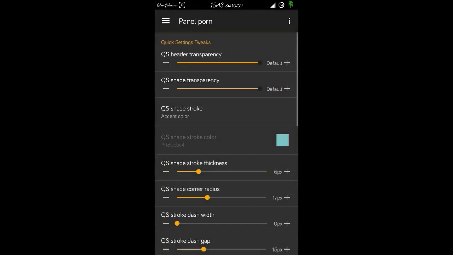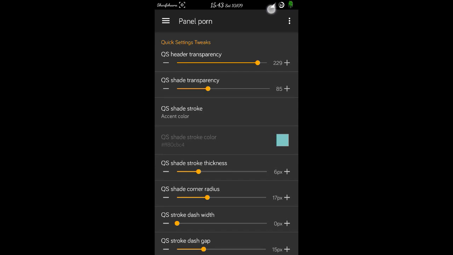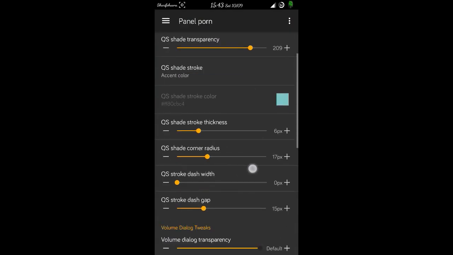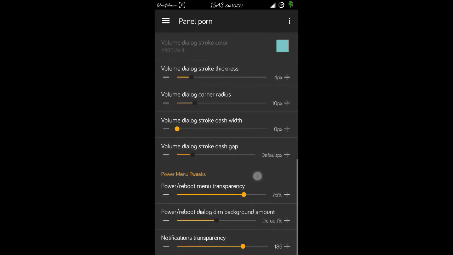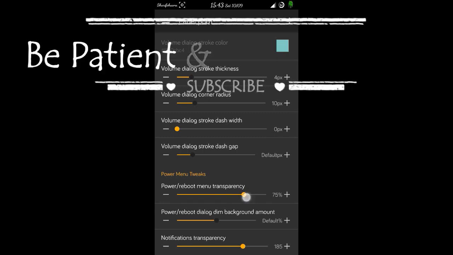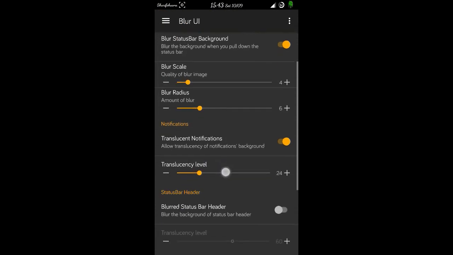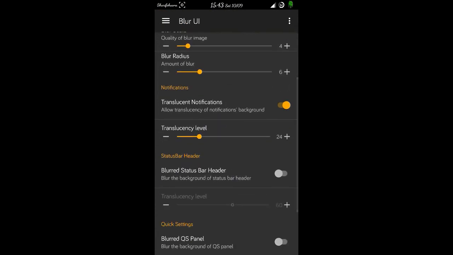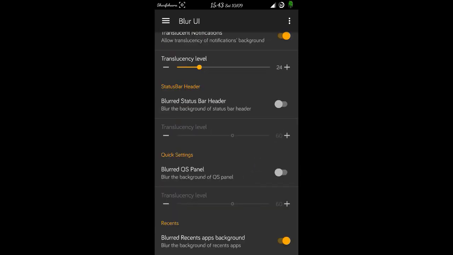And panel, I can increase or decrease the transparency of the header over here, of the shade and colors. I can also change the volume dialog box transparency. I can increase or decrease the volume, stroke thickness, power menu tweaks, the transparency of the power menu, blur UI. I can blur status bar background, the translucent notification, blurred status bar header, blurred recent apps background,